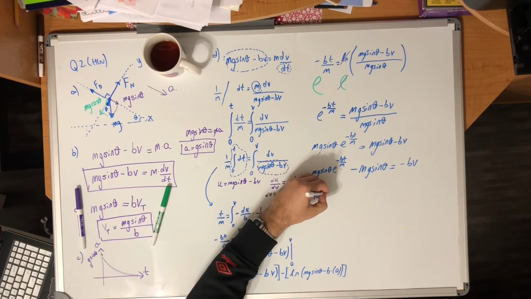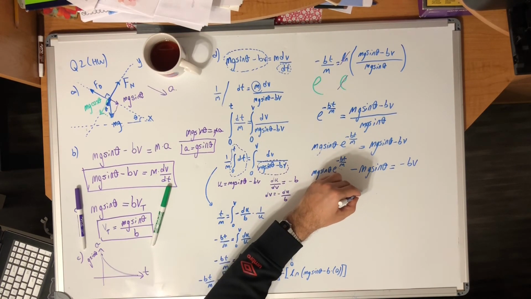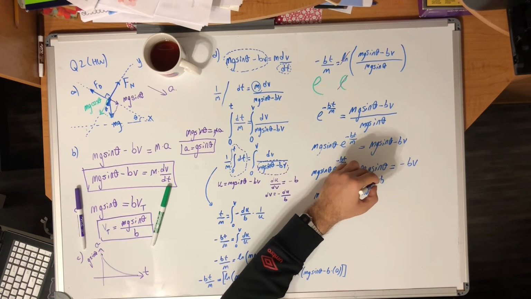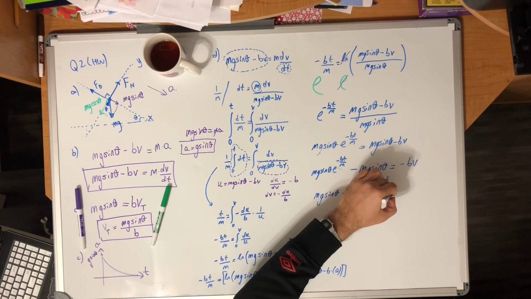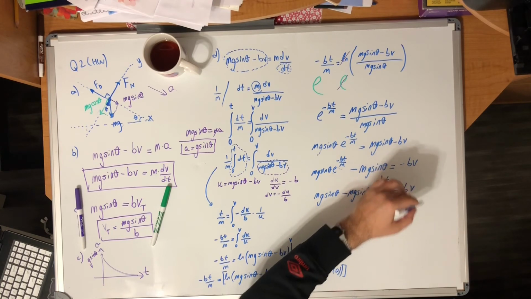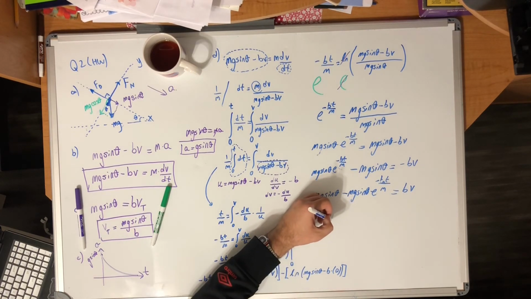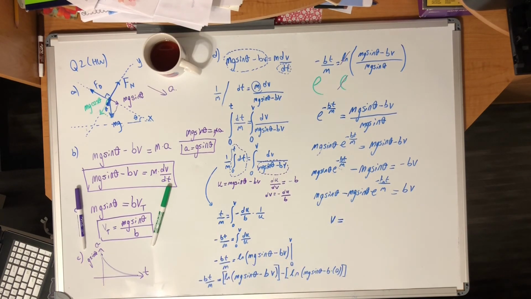So mg sine theta minus mg sine theta e to the power negative b t over m, and that's equal to b v. And my final last step is going to be dividing everything with b. So my v as a function of time will become